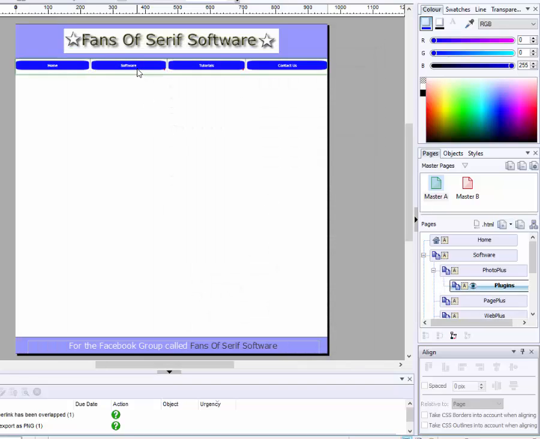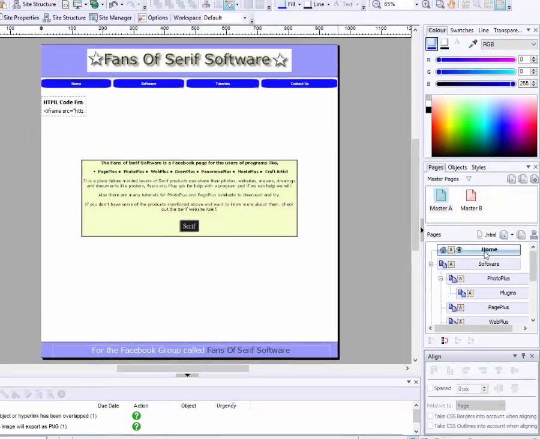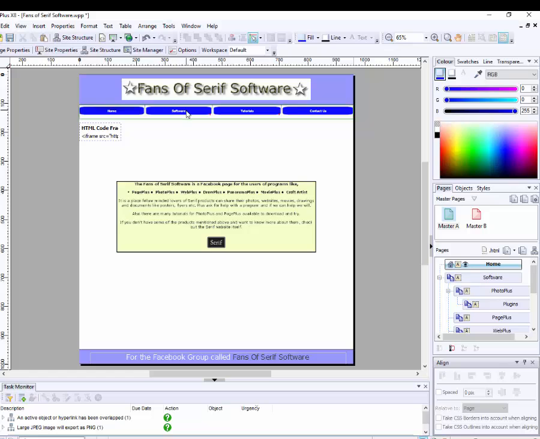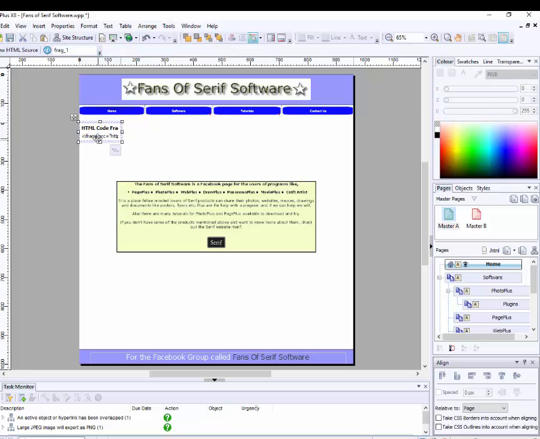Now the only problem here is if I go back to the home page, is that now when these child pages come down below software and PhotoPlus is the first one, that child page will then come over the calendar and date widget that I put here. So what I'm going to do is I'm just going to move that over to this side,